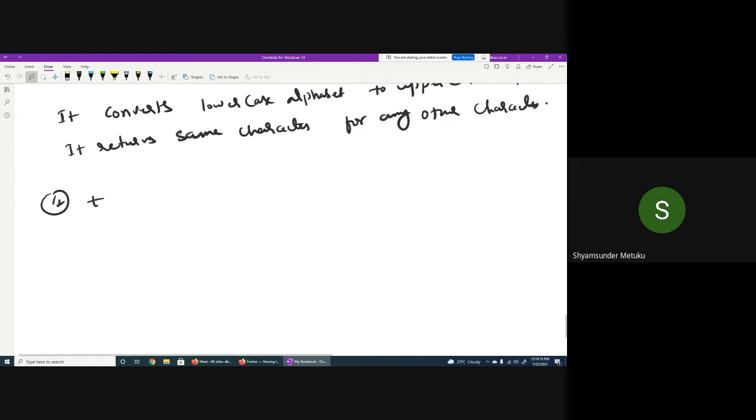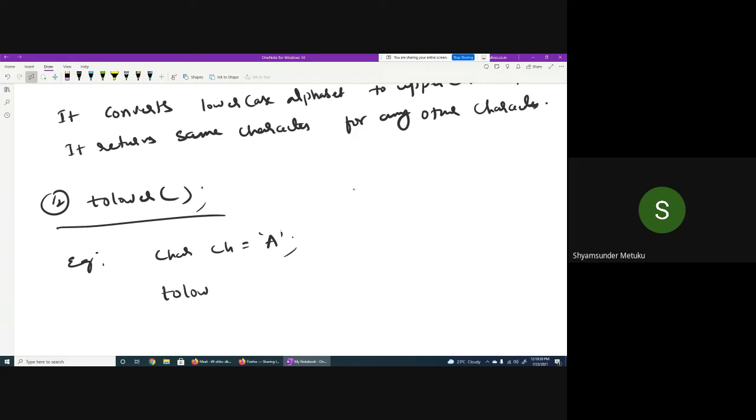Similar to toUpper, there is a function called toLower. So here are some examples. Here I am trying to declare some value. Then toLower. So what is the output? It will be simple. Capital A is given and small a will be the output. I'm not writing the statement, you can write that for yourself. Is it clear? Is it clear to all of you?